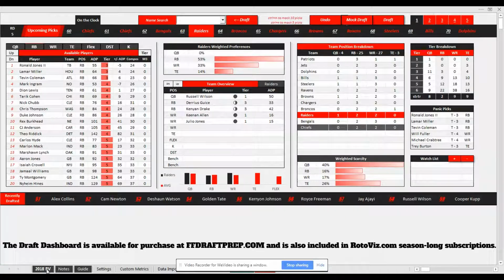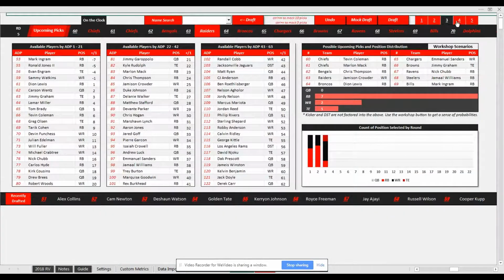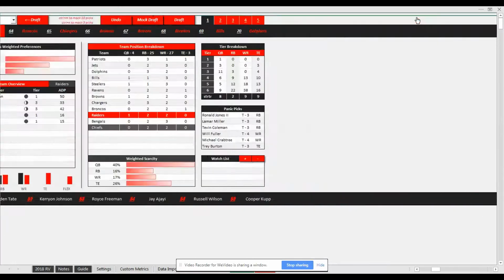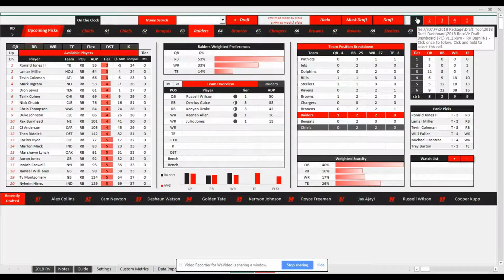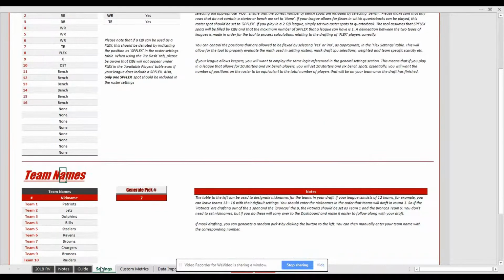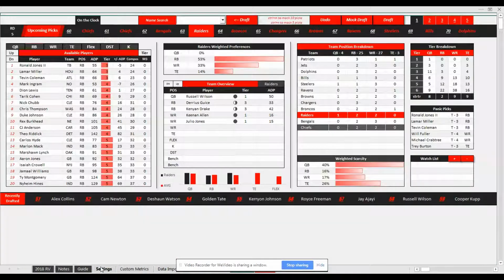What this tool does is it summarizes in an easily digestible format pretty much every data point that would be useful to you and that you would want to consider while you're drafting, and it puts them in a format that gives you the information that you really need first and lets you do a lot of customization. You can see there is a settings tab in the tool that gives you a lot of customization that you can do. Let's just pop into a mock draft that I had started earlier